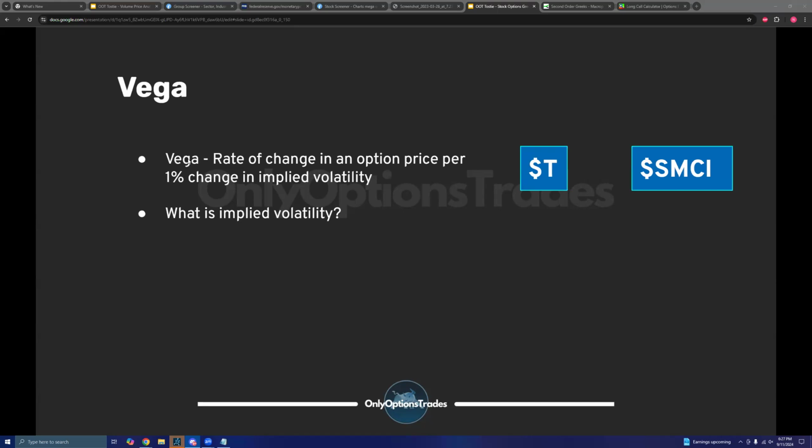Generally speaking, as implied volatility increases, the expected move in a given stock increases proportionally. For example, on a day like today, we probably saw a pretty big increase in implied volatility as we saw the significant volatility off the open in the market. Additionally, as a stock approaches an event such as earnings, the market knows that, right? If implied volatility didn't change when we approached an event like earnings, it would be pretty easy to make money in the options market. If the market never factored in implied volatility, every time there was an earnings report, you could pretty much buy a single call or single put and be effectively guaranteed to make money.